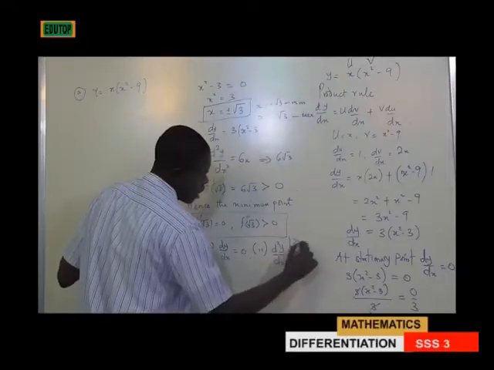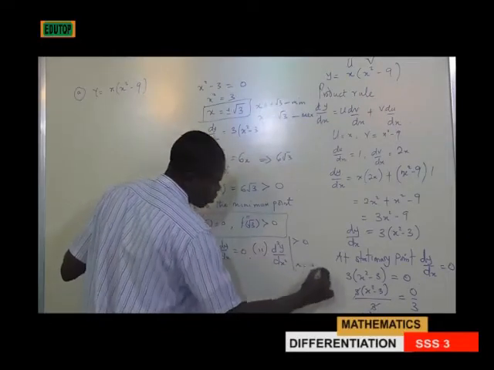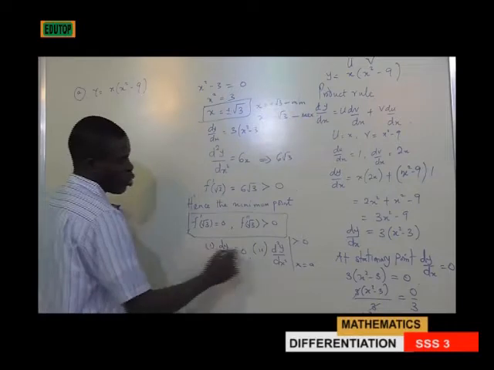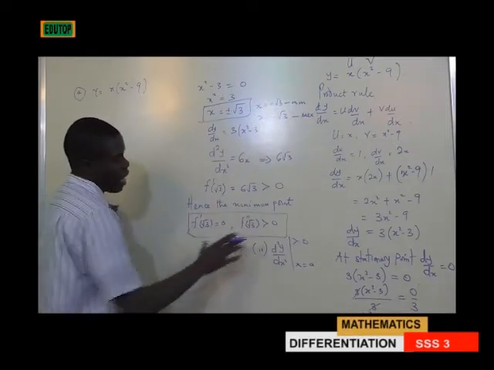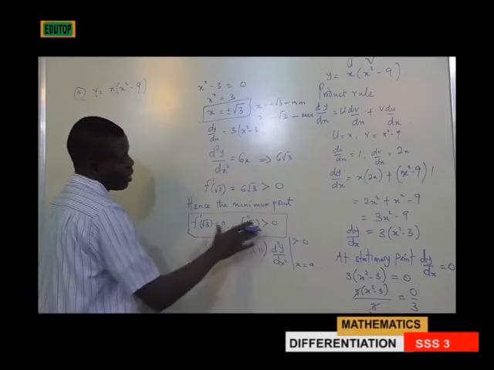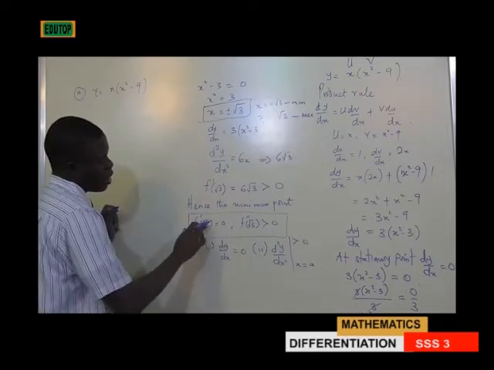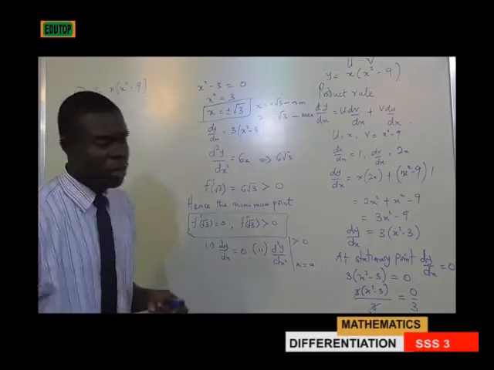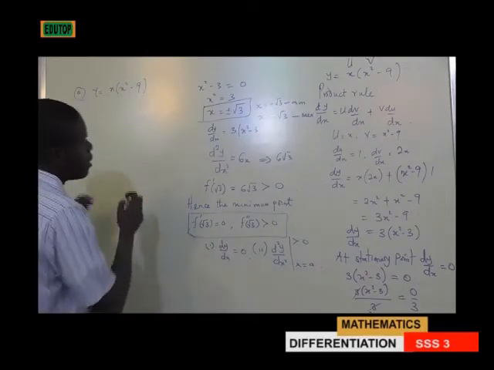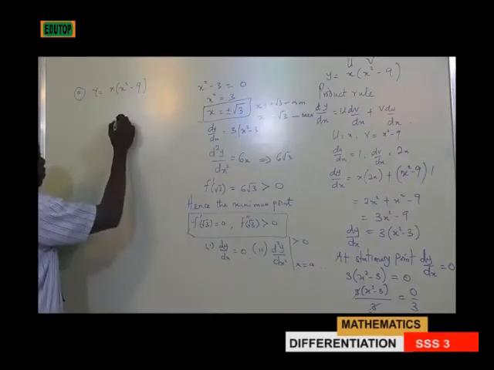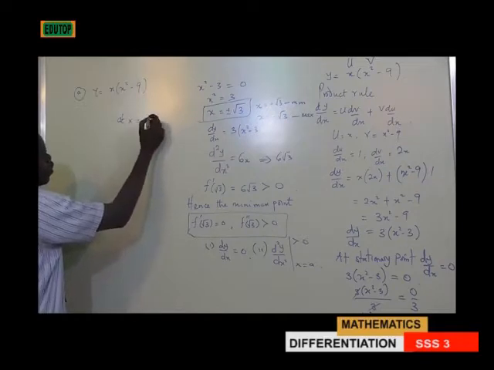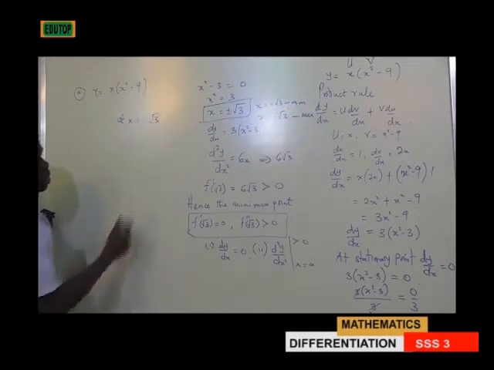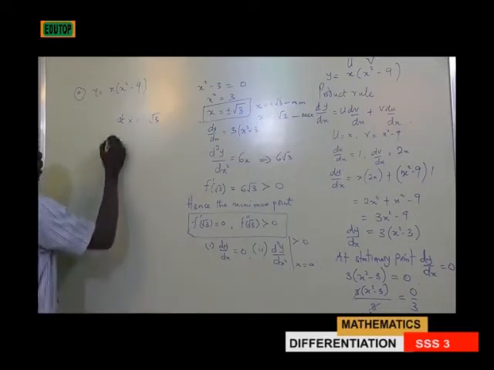Be greater than 0 and your x must be equal to a. So at this point, these two conditions are satisfied, and that is why the minimum point is going to be f prime of root 3 equals 0, then f double prime of root 3 is greater than 0. That's the first. Then for the maximum at x equals minus root 3, then we'll have f prime